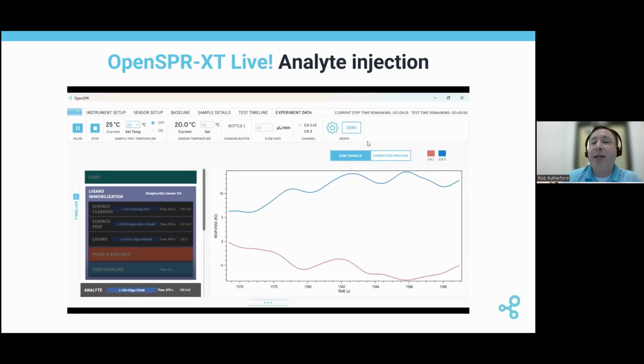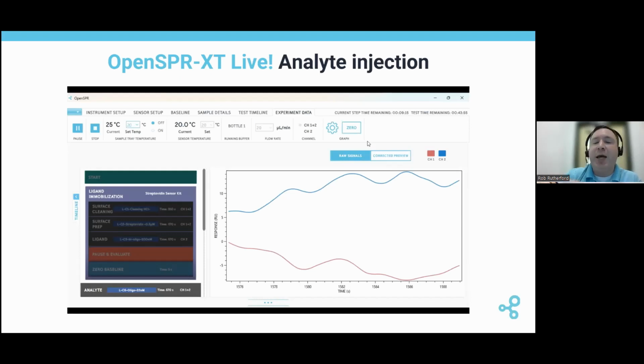So what I recommend doing, whether you're doing an XT or a manual, after you have immobilized your ligand, I like to zero the software. So you would just click on this zero option at the top. What that does is it removes any injections that you have displayed on the screen, but doesn't delete them. You still have them when you go through your data itself on TraceDrawer, but it removes them